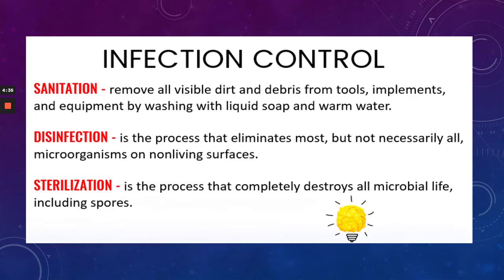starting with infection control. The lowest form of infection control is sanitation, and that process is to remove all visible dirt and debris from tools, implements, and equipment by washing with liquid soap and warm water. Disinfection is the process that eliminates most, but not necessarily all, microorganisms on non-living surfaces. The highest form of infection control is sterilization, and that is the process that completely destroys all microbial life, including